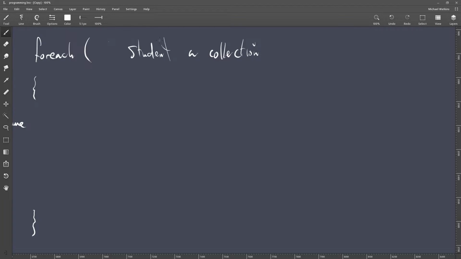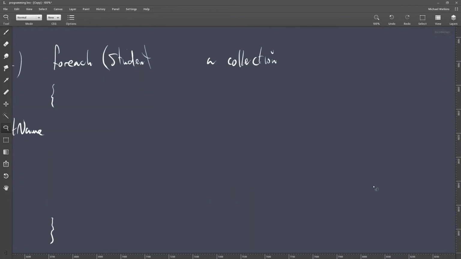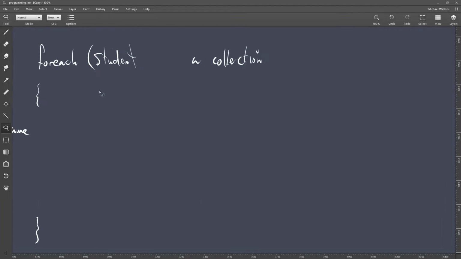And we are going to need to have a variable name. So it's a type of information. We created student as a type of information, so I can put that here. That's a type of information. And we need to give that information a name, a variable name. Let's just call it stu. And I can say in